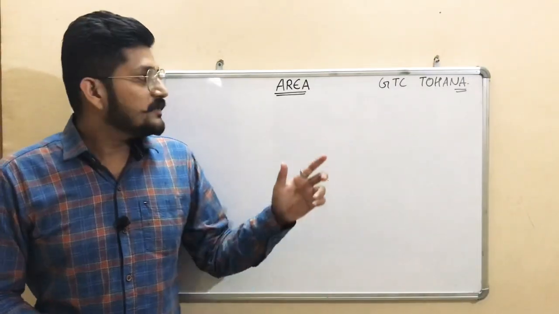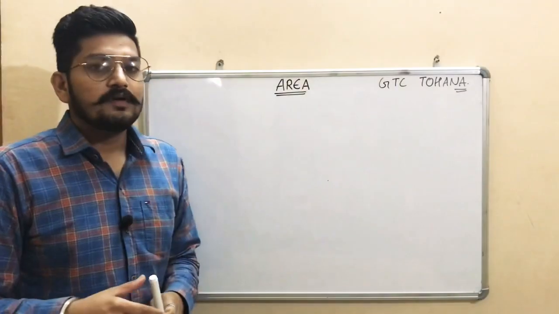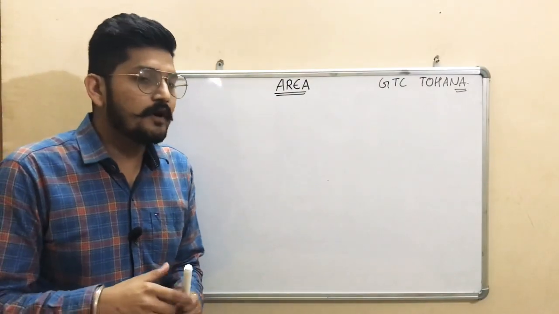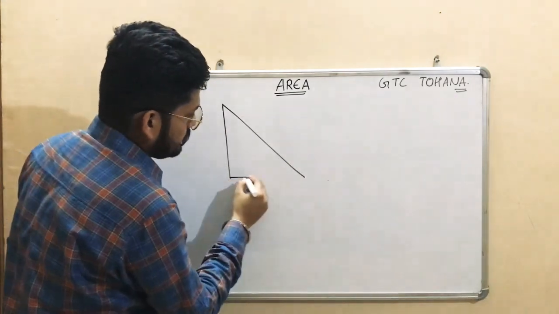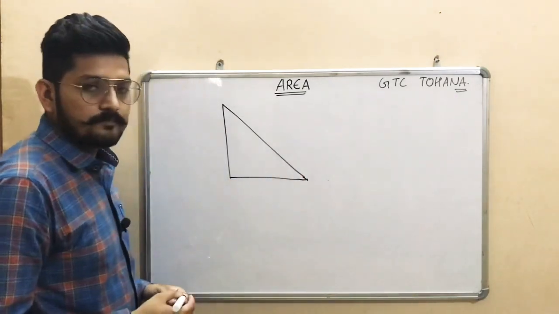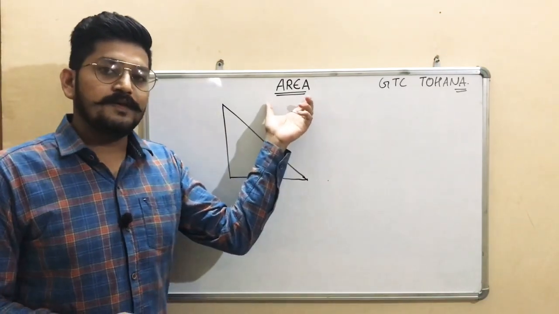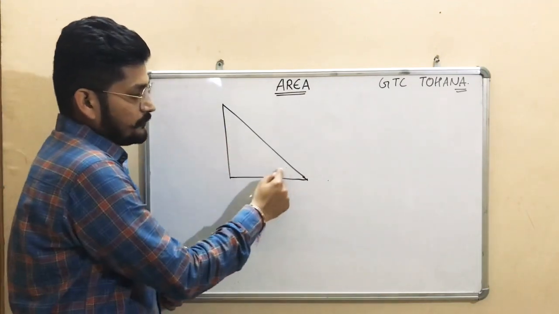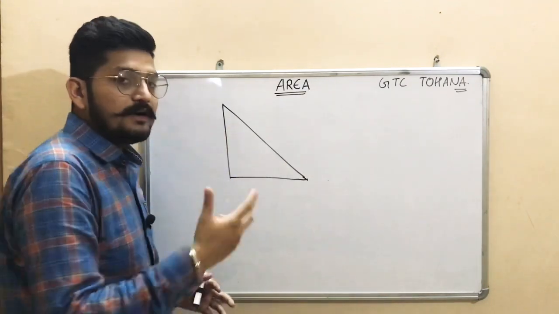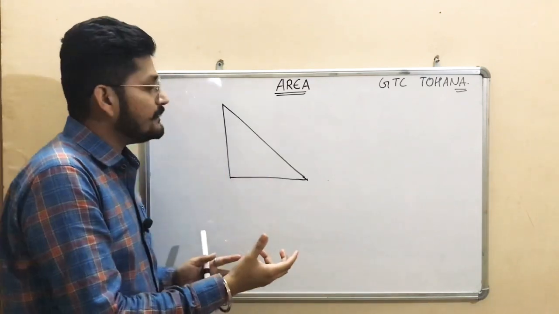Now I am teaching you area of different figures. Let us suppose triangle, right angle triangle. If you have to find the area of right angle triangle, let us suppose this is a triangle. Now what is the basic meaning of area? Basic meaning क्या होता है बेटा एरिया का? वो क्या होगा, this part उस फिगर ने कितना एरिया वहां पे ऑक्यूपाई किया हुआ है उसको बोलते हैं, that is area.